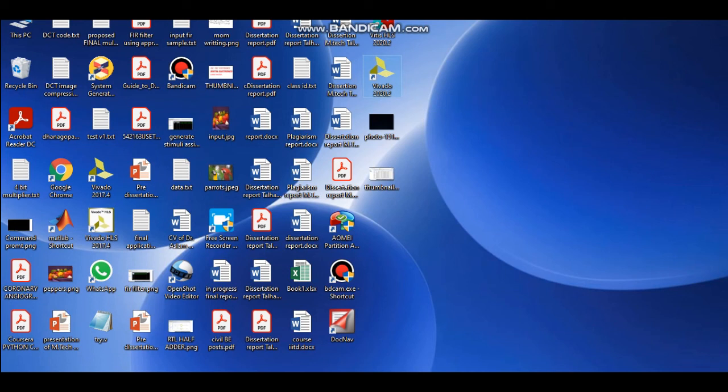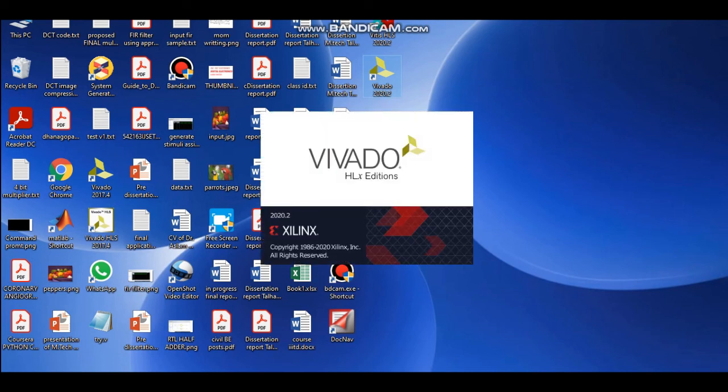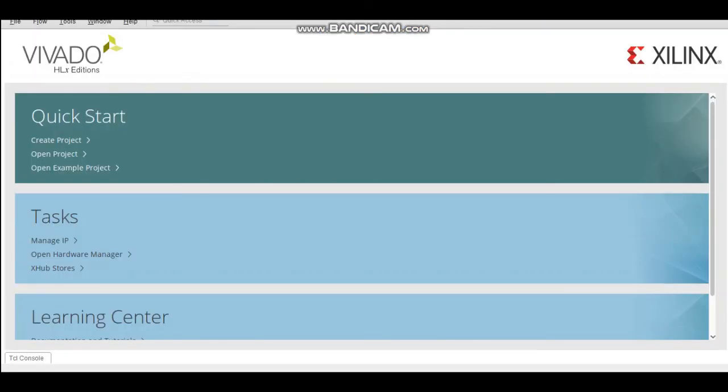So I need to click on that, and I can verify whether my license is issued if my synthesis and implementation are done in this software. So I can use this using a code. Now I have already created a video on how to create a project and proceed with the simulation waveform and the synthesis, which you can see in the description box. So here we can start to create the project, or we can open a recent project.